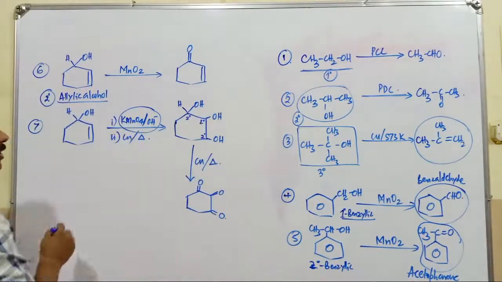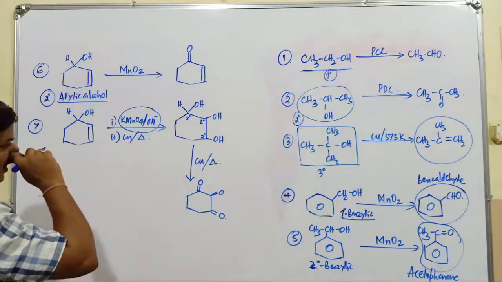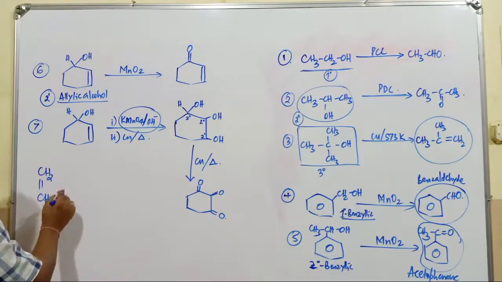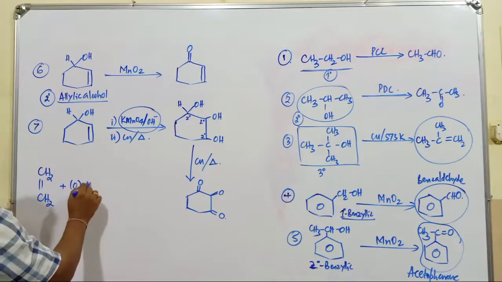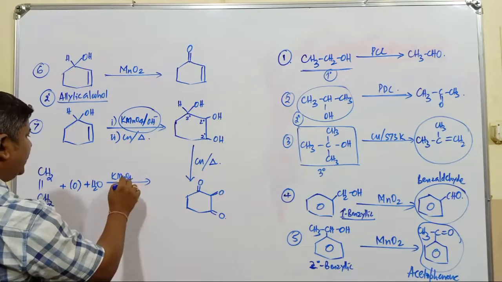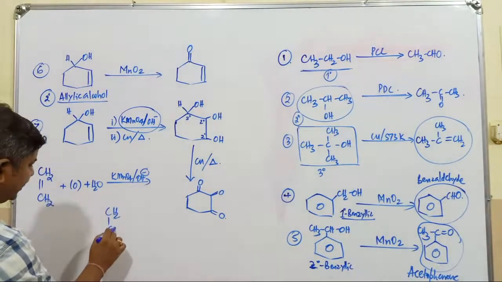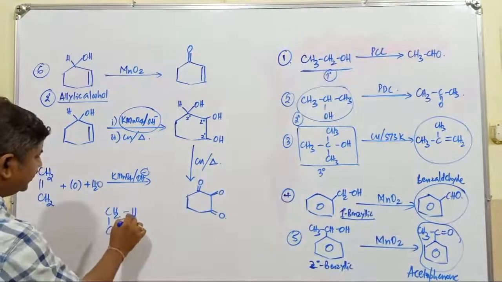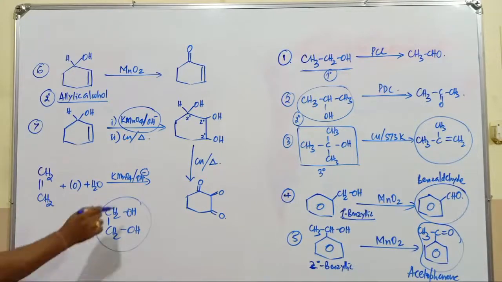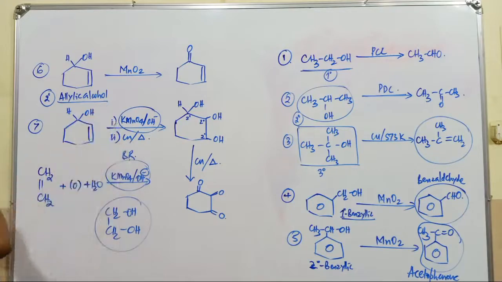What is the role of KMnO4? Here, with KMnO4 and OH minus, alkenes are converted into alcohols. If you go with the first year class 11th, alkene plus dilute solution of KMnO4 in H2O is commonly called as what? Baeyer's reagent. In presence of this one, what is the product obtained here? This is CH2OH, and this is CH2OH. You have studied this in the properties of alkenes. So this reagent is commonly called Baeyer's reagent. Here also Baeyer's reagent is applicable.